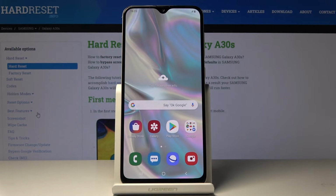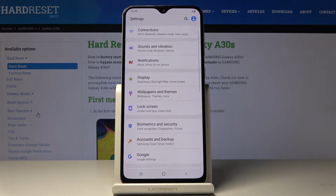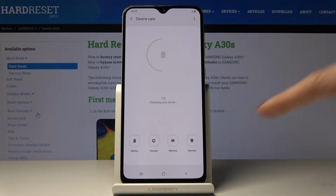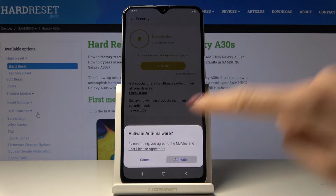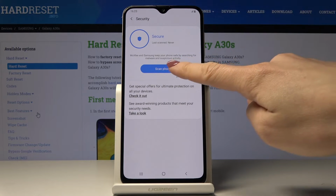Here I've got Samsung Galaxy A30s, and let me show you how to perform a virus scan on the following device. So at first let's open the list of all applications, then find and select the settings. Now locate and open Device Care, and here you should pick Security. Now click on Activate, and to perform a virus scan, smoothly click on Scan Phone right here in the middle